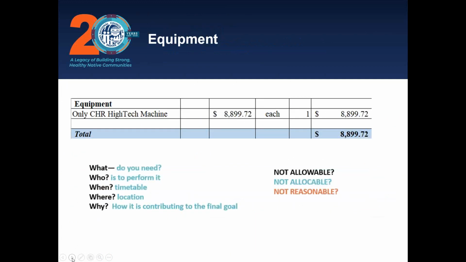Okay, with equipment, I want to mention it has to be $5,000 or more in order to be considered equipment. In the past, computers and laptops were considered equipment, but now they are considered supplies. So you have to make sure that if you ever are going to include equipment, probably not for behavioral health, but maybe RX or others for other programs, that would have to be more than $5,000. Otherwise, it is not